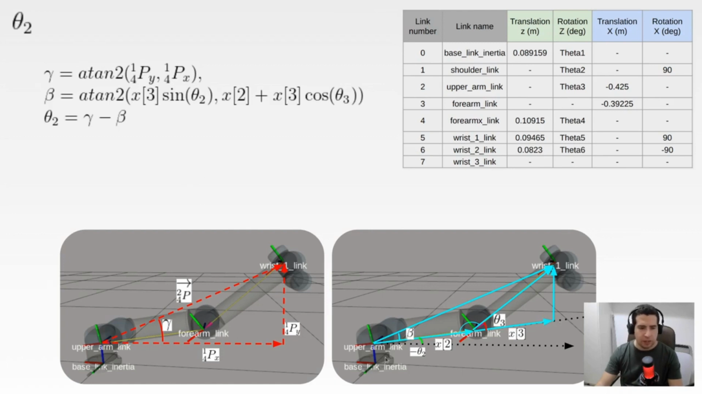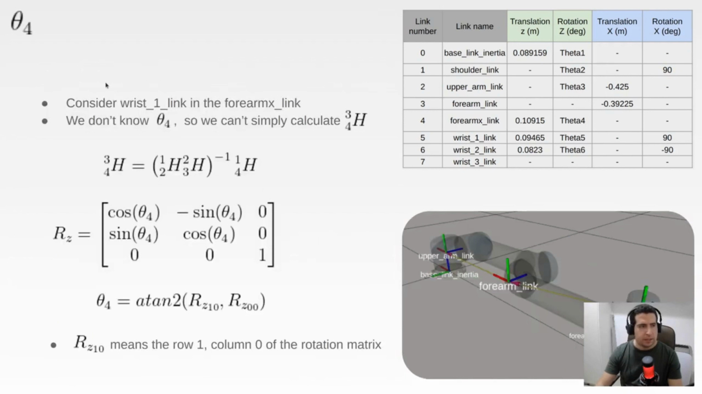And then we calculate theta 2. We notice that this is the negative angle, negative theta 2. If you want to play with the tool that I showed in the beginning, you have a more practical understanding why this angle is negative. And the theta 4 angle, that is the orientation of the wrist 1 link with respect to the forearm link. So we know that